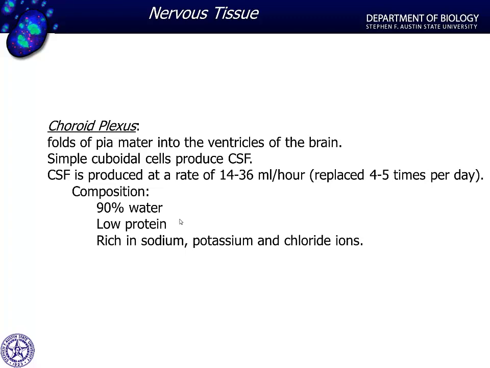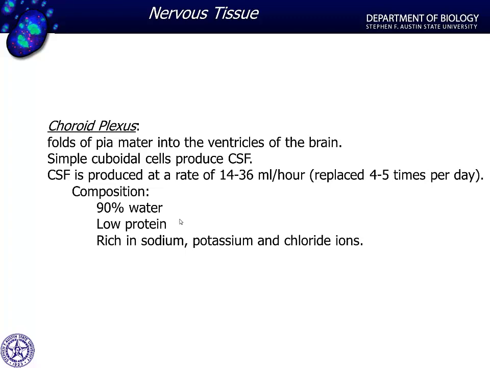Now the choroid plexus. We saw in a previous illustration that the pia mater does dive down into those sulci, but we're also going to have folds of pia mater in the ventricles of the brain, these open areas that we'll have inside. And in these ventricles of the brain, we have simple cuboidal cells that are going to produce cerebrospinal fluid. Now, ependymal cells that line the ventricles do this as well, but these choroid plexus cells are going to produce cerebrospinal fluid at a very rapid rate, maybe 14 to 36 mils per hour. And they produce at that rate because it's replaced 4 to 5 times a day as it's produced and removed,